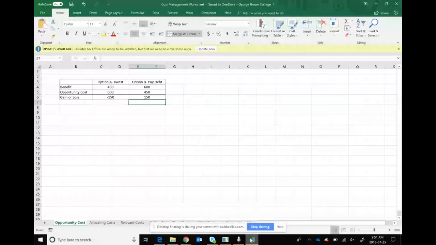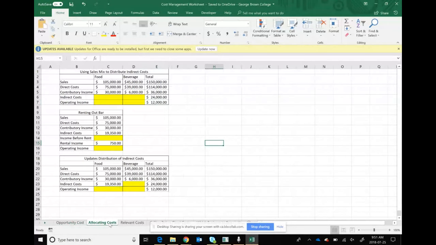Go back to our worksheet. We'll go to allocating costs. We're going to use sales mixes to allocate these indirect costs. So if everyone's looking right here,